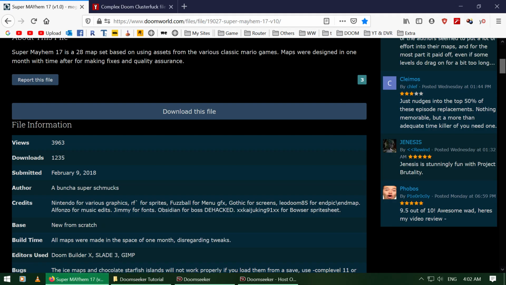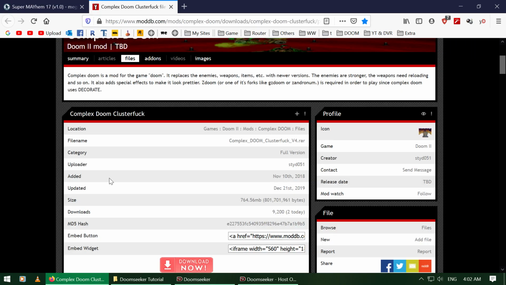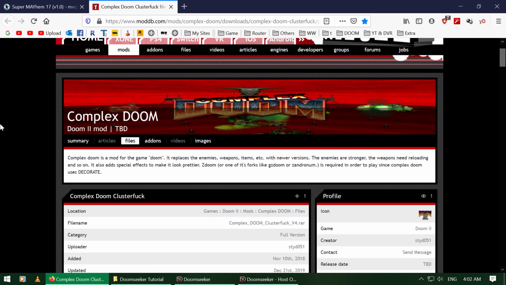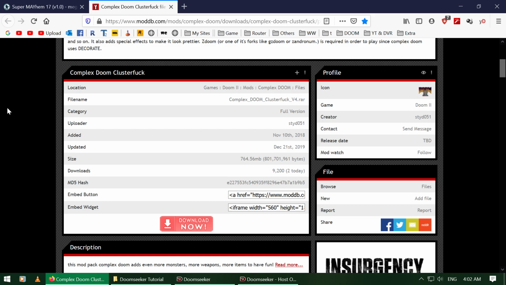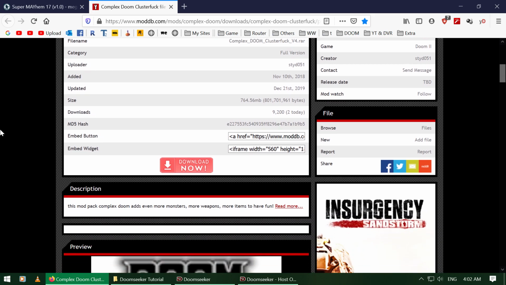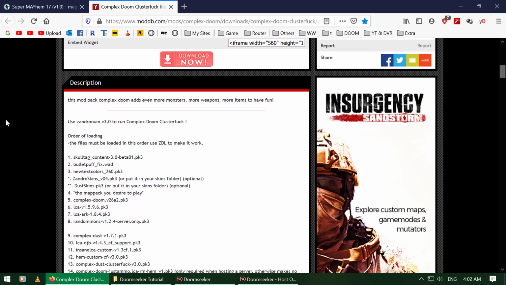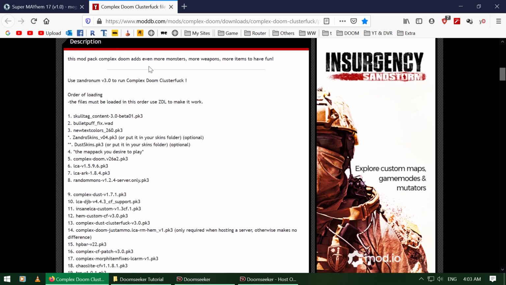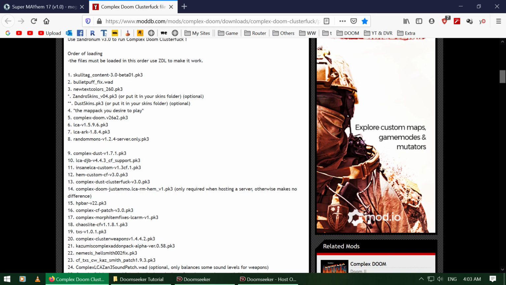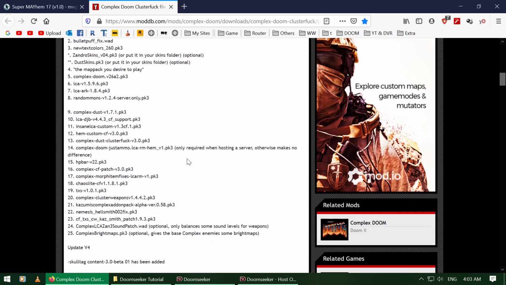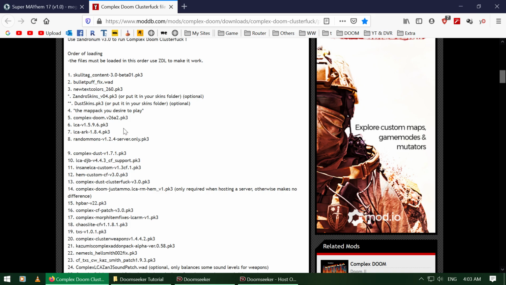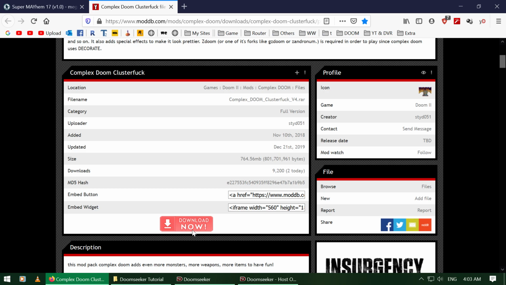When that's done, you'll need to get your mod, if you want that. A dear subscriber of mine sent me this Clusterfuck add-on pack. It's for Clusterfuck 3.0 in this case. And these add-ons add insane amounts of things. Weapons, monsters, items, you name it. The whole load order is already here. So we need to follow this in order to make it work. So you don't really need to remember it or know it yourself. If it's an add-on pack, it usually shows the order.